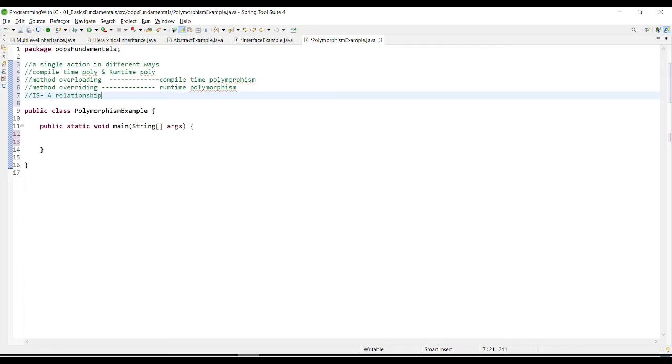As I said, method overloading is when you have multiple methods having the same name but different parameters.